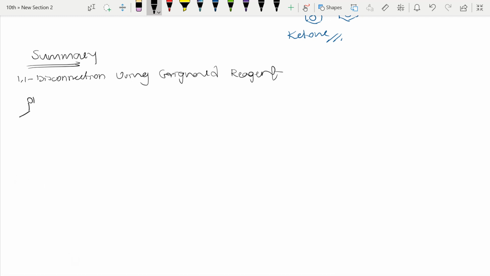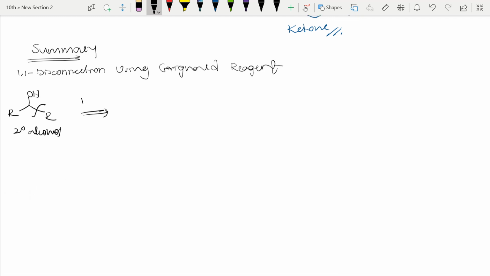See here. So what is this? Here one R group is there, here one R group is there. So this is secondary alcohol. Secondary alcohol is there, we can disconnect here, right? If we disconnect, this is nothing but one disconnection only, one carbon disconnection, because this is also carbon and this R group means it will be having carbon. So what I will get, I have told, instead of writing OH plus, just remove this hydrogen, because hydrogen can be H plus, it can exist. So we get this aldehyde directly, and one more will be R minus.